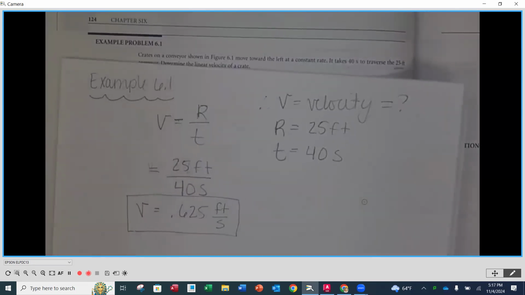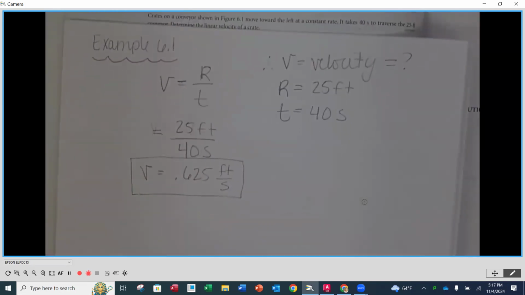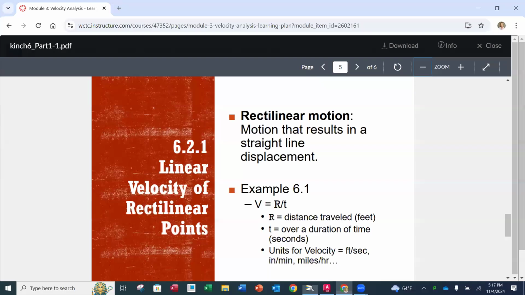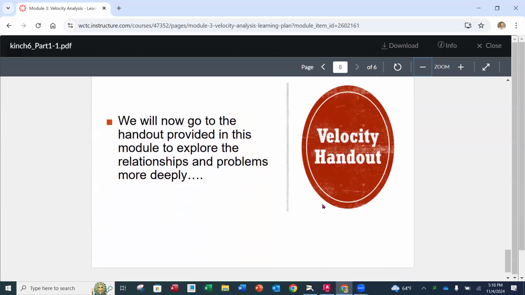So you can set this aside and it's just the work right here. No diagram, no AutoCAD or anything like that to do. Okay. So let's get back to our PowerPoint. So my assumption is velocity like that, calculating how fast something is going, is probably a pretty straightforward problem that you can do. Now, what we're going to do is we're going to be looking at that velocity handout that